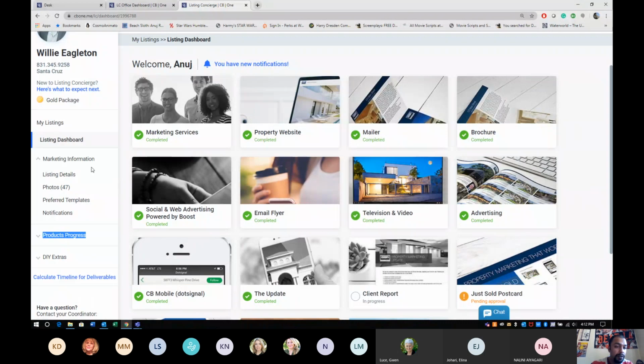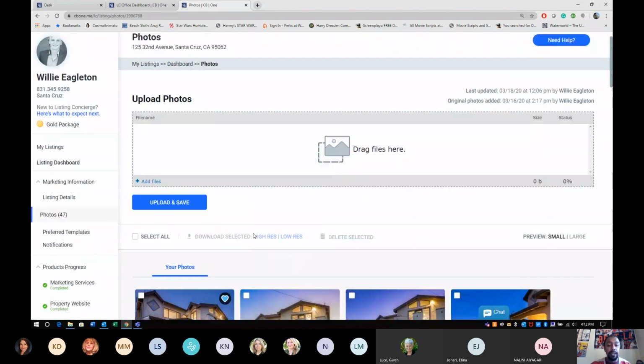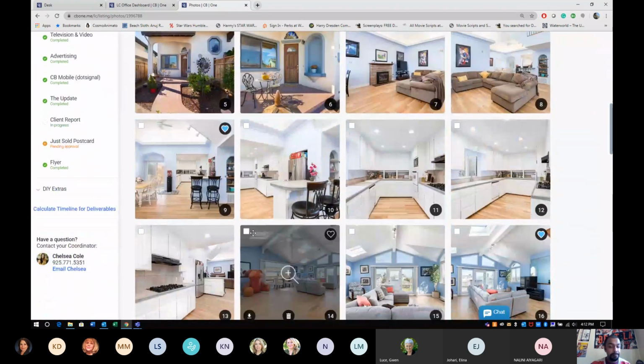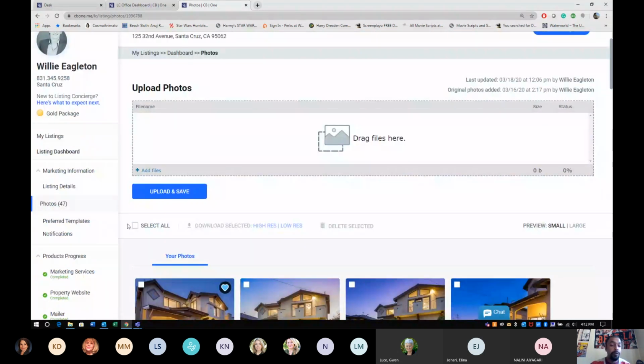That's what these tiles reflect. Photos, which I keep going back to right here, is where your photographer, if you're using one of the in-house photographers, will have uploaded the stuff into your system, and we click on that and we can see everything right here. To download all of these photos in one fell swoop, we're going to click this select all button,